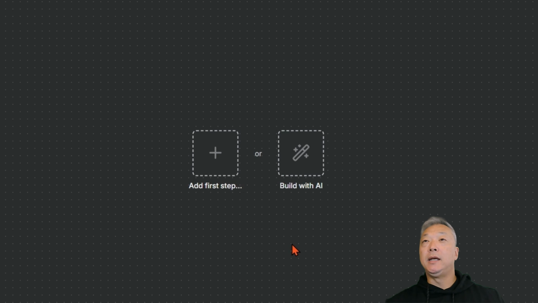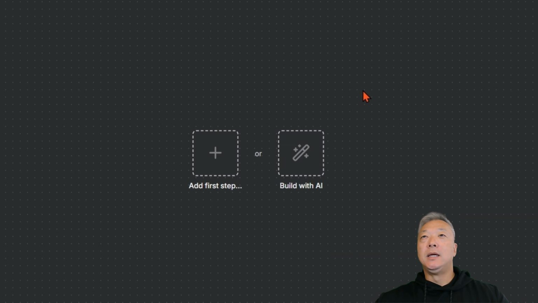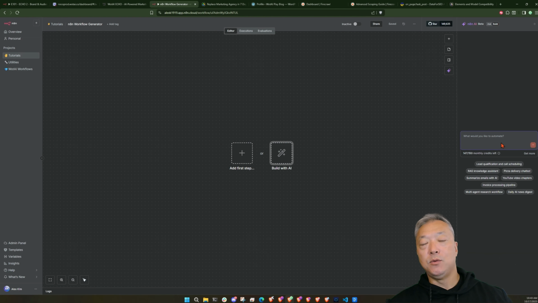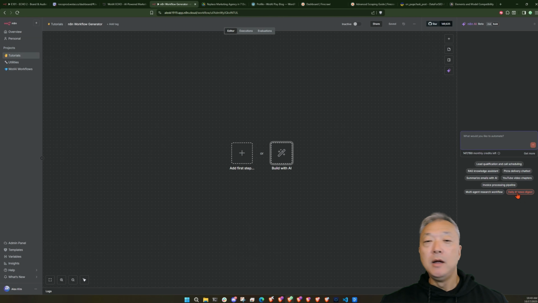Let's test out n8n's new feature, which is the n8n workflow generator. As you can see here, there's a new button inside of n8n, which is the Build with AI. You can see inside the chat interface within n8n, which has been there for a little while, you can now actually build those workflows. You have some example prompts here, but what I'm going to do is use a product